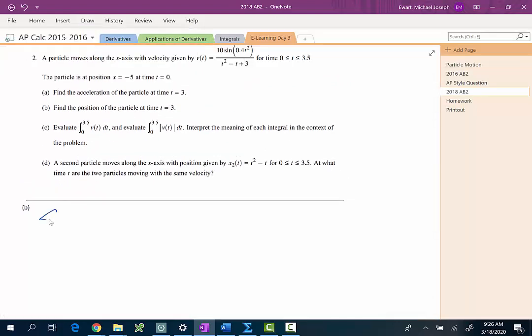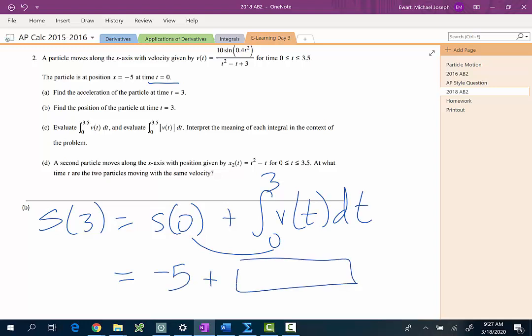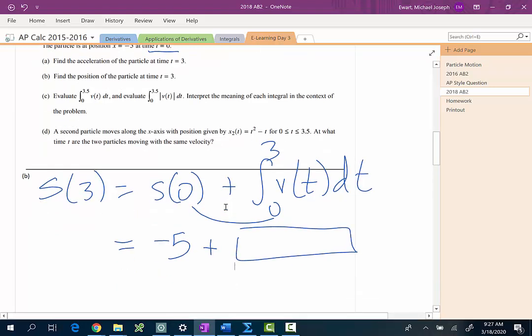So we're going to say that the position at 3 equals the position at 0, because that's what they gave us, plus the integral from 0 to 3, right? The 0 goes on bottom, the 3 goes on top, of v of t dt. And for the s of 0, you're going to get -5, plus, and then for the integral, we would just type it into our calculator, we'll get a number. Alright? For c,